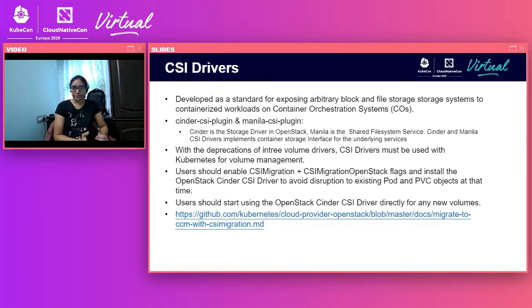Before enabling these flags, make sure you have the OpenStack CSI driver installed in your cluster. For any new volume, it is strongly suggested to use the new CSI driver instead. If you're planning any migration activity, we have a detailed guide in our repo, so you can go through that before planning your migration.